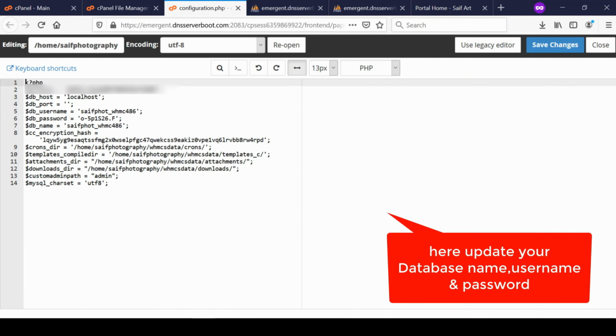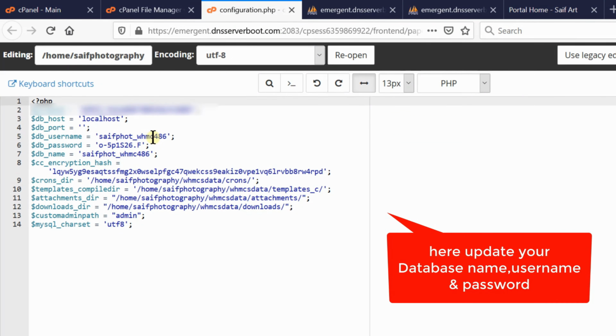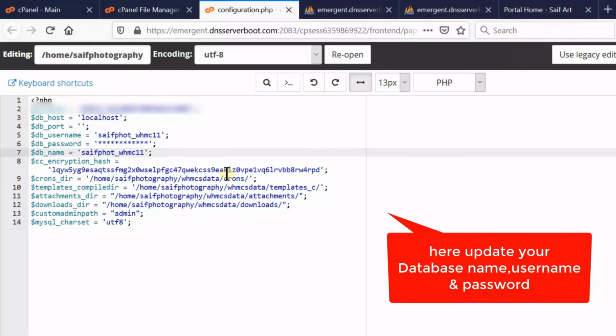Now inside this file, you will find database related credentials, that is database name, username and password. These three credentials are the same things that you have created earlier. So modify these values and specify the correct database name, username and password. Once you have specified all these correct values, click Save Changes.